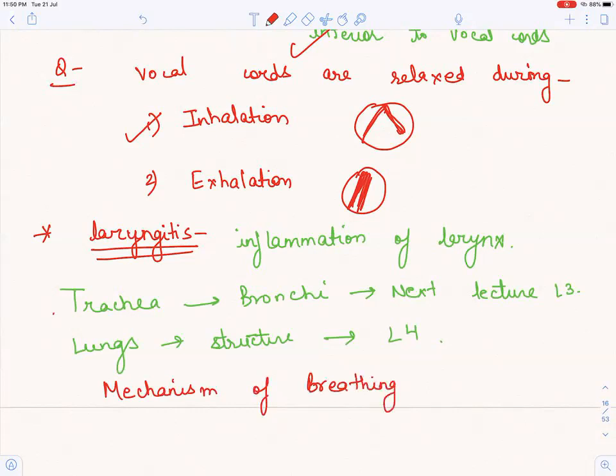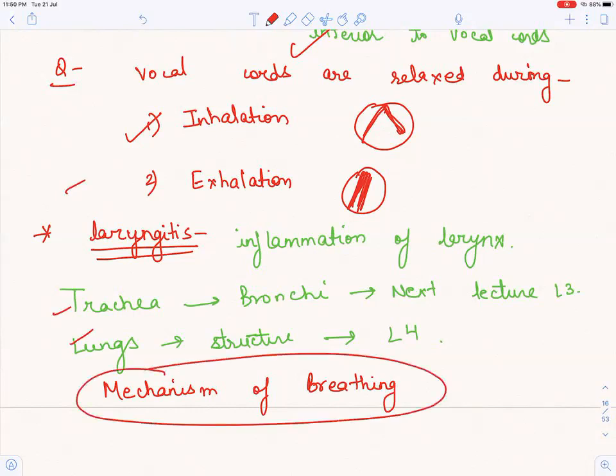We are studying all these things just to study the mechanism, because if we don't know the structures, we cannot study this. So it is very important to study the structures. I will try that you do as many questions as you can, and stay home